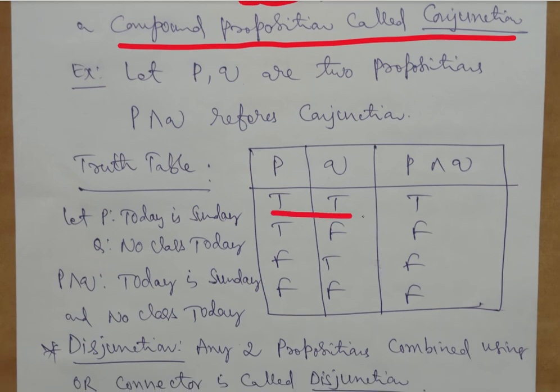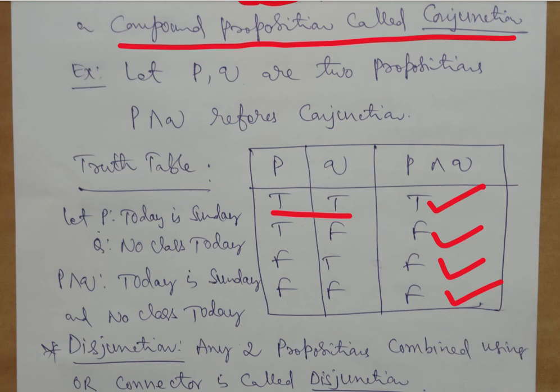When both P and Q are true, this is true. In all other cases, it is false. If you are comfortable with zeros and ones, please go ahead, nothing wrong in that. Since mathematics is a subject, today we have just taken T and F because that's the representation, but 0 and 1 also is mathematically valid. If you want, please go ahead, nothing to worry about that.